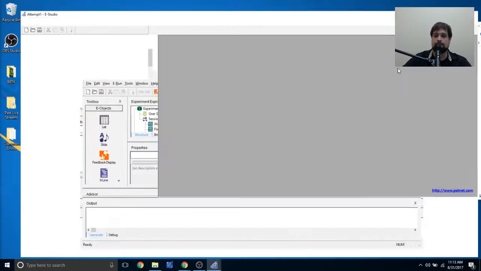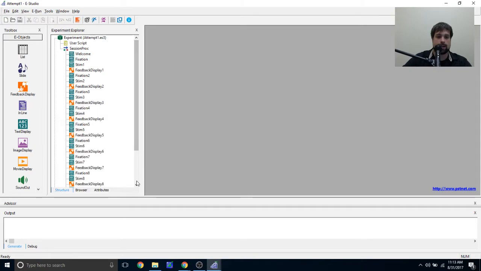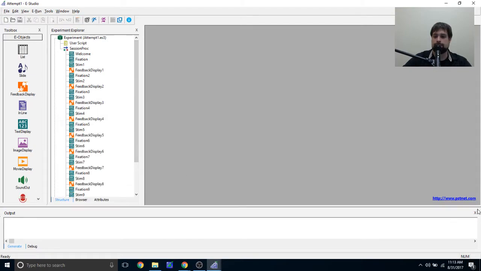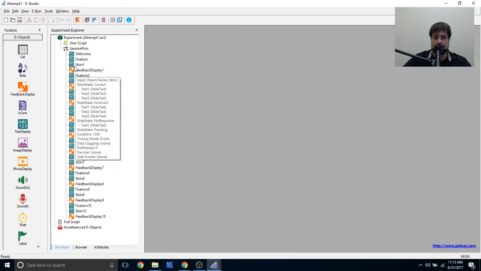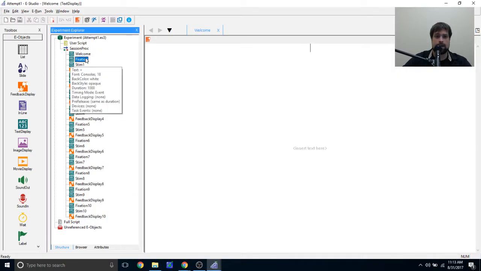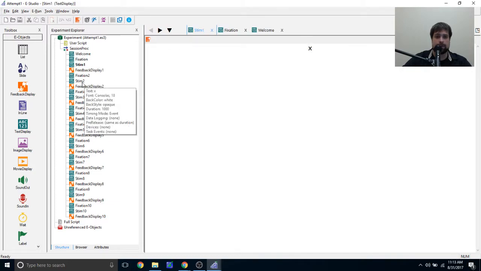If I take a look at my experiment here, I'm actually going to get out of my properties window here, close out as many windows as I can. So you can see this experiment looks gigantic. I have a welcome screen here, I have a fixation object, I have a stimulus, I have a feedback display, and if I go ahead and run it,